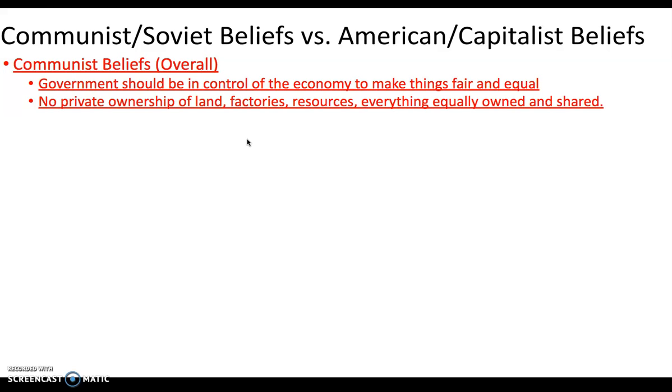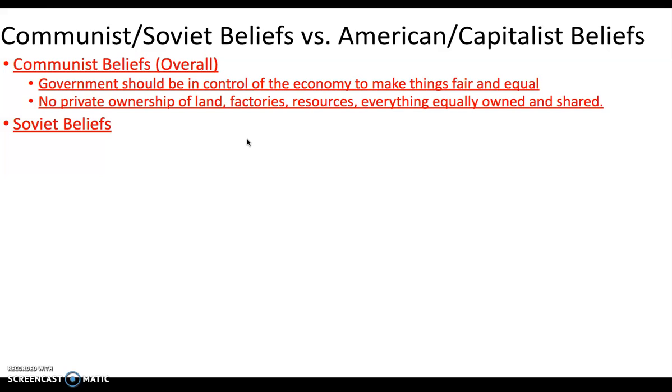All right, now some people are thinking, hey, this sounds like socialism. It's not. Those are not the same things. They're often associated with each other, but there is a difference. We're not going to talk about that here, but just so you know, socialism and communism are not the same thing. You can definitely do your own research on that.